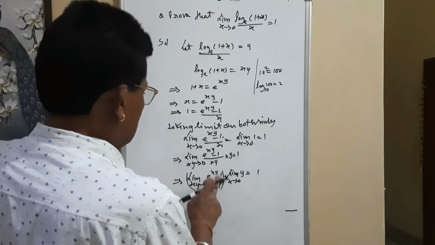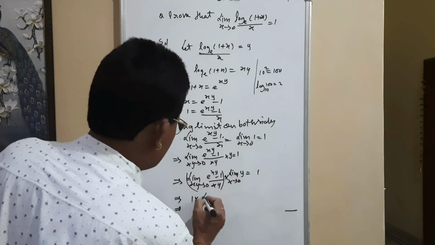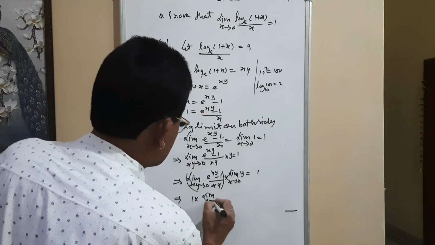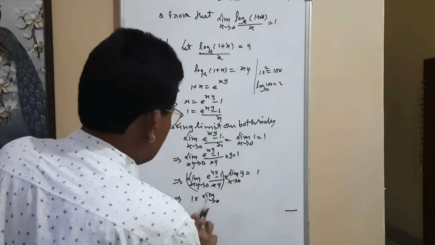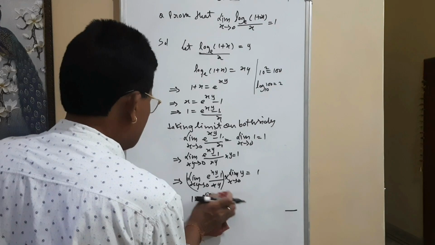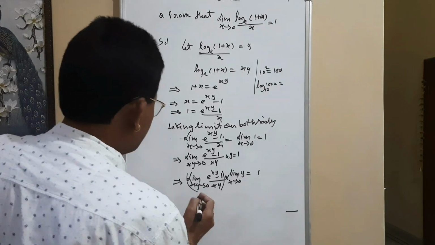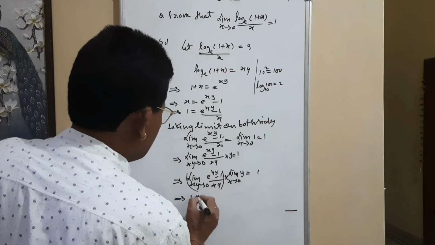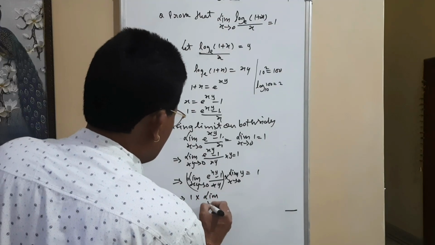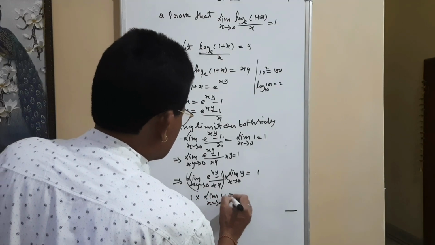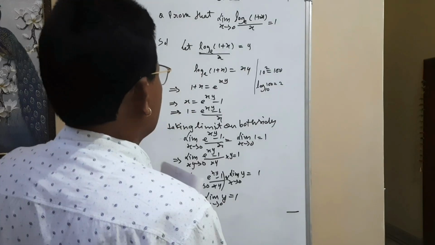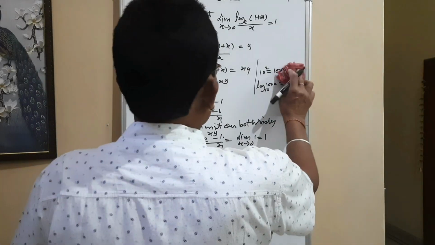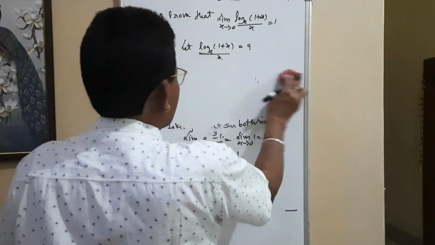My dear student, its value is 1, and you write limit y tends to 0, x limit this thing, you see, this is its value is 1 into limit x tends to 0, y, that is equal to 1. My dear student, I will take a little here, you see,